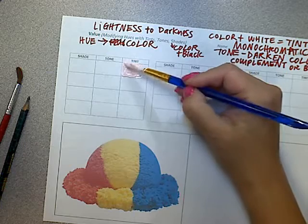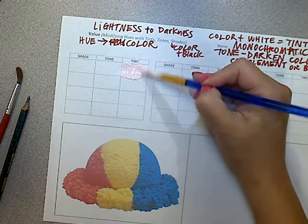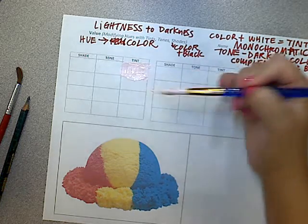Remember, if you do a good job of taking notes, you can use them on your final and pass with